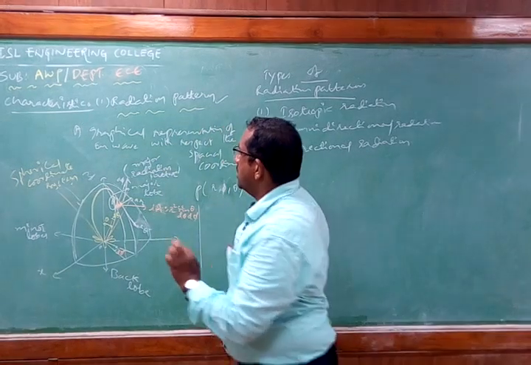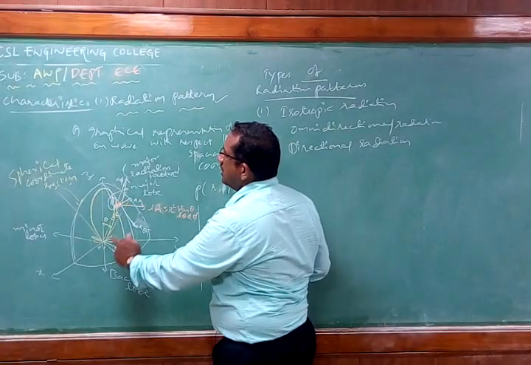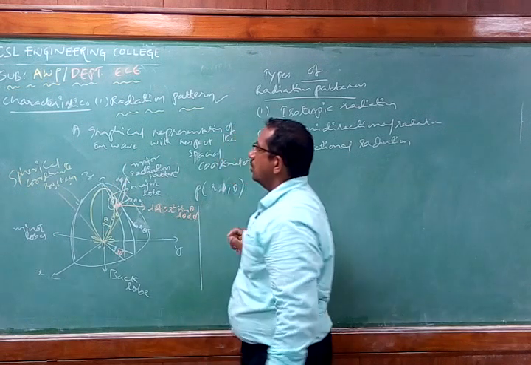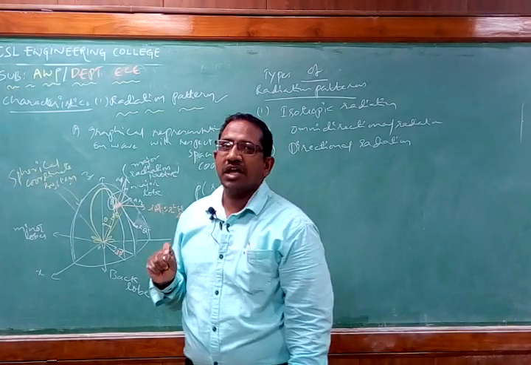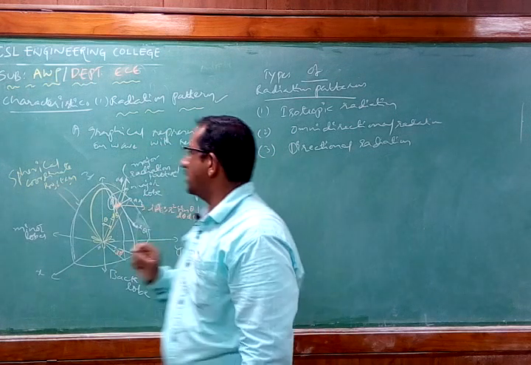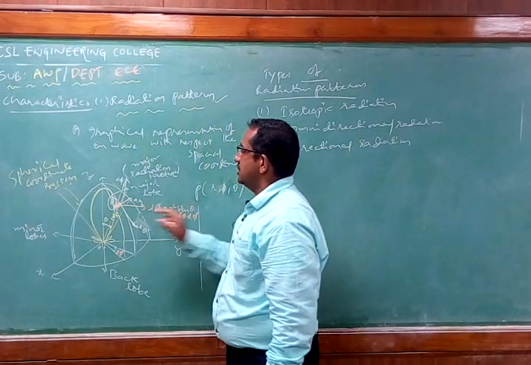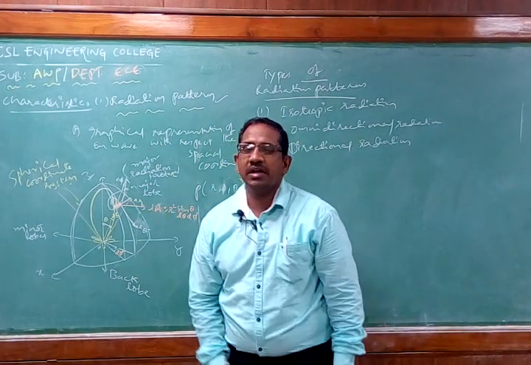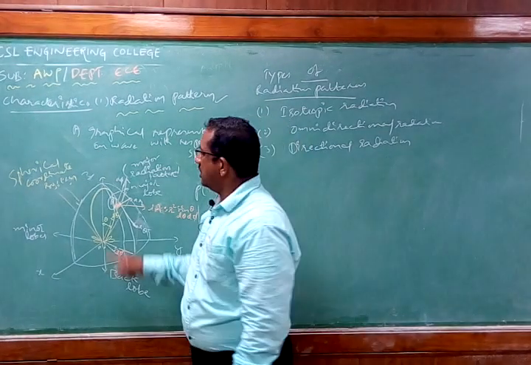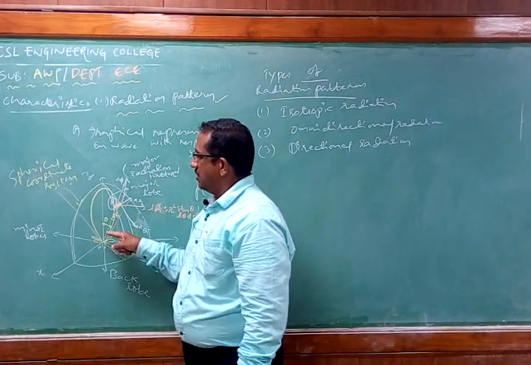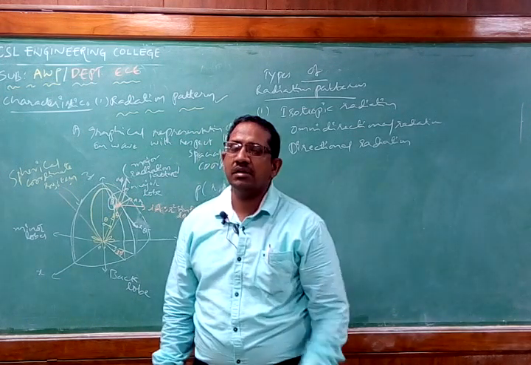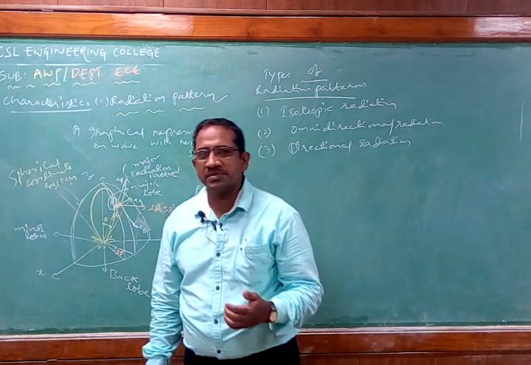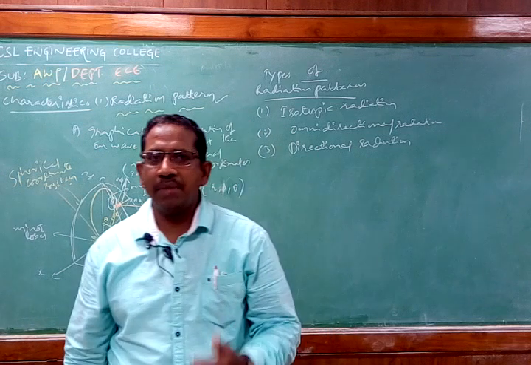So that is why we normally show this particular lobe. Now this is known as a lobe. What is a lobe? A lobe is a type of radiation pattern. It speaks about the various radiation patterns. So based on the intensity or strength of the radiation pattern, we call them major lobes, minor lobes or back lobes.